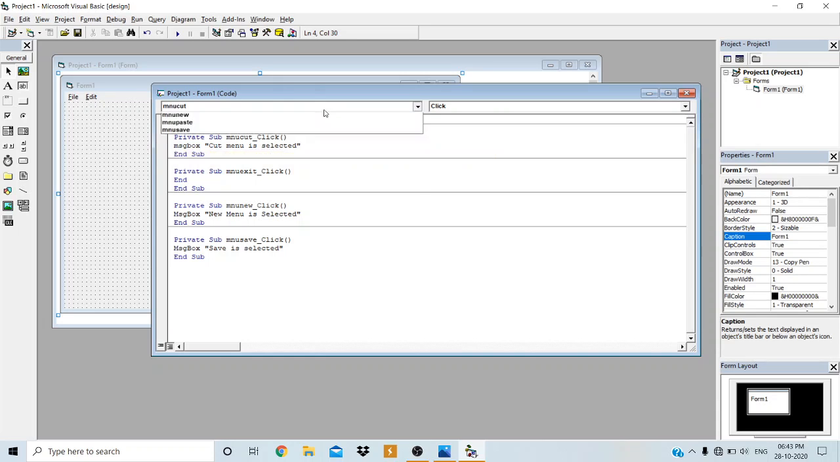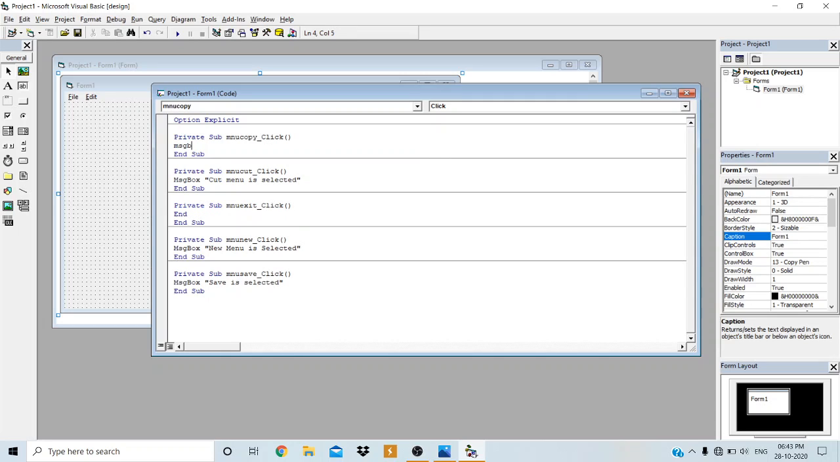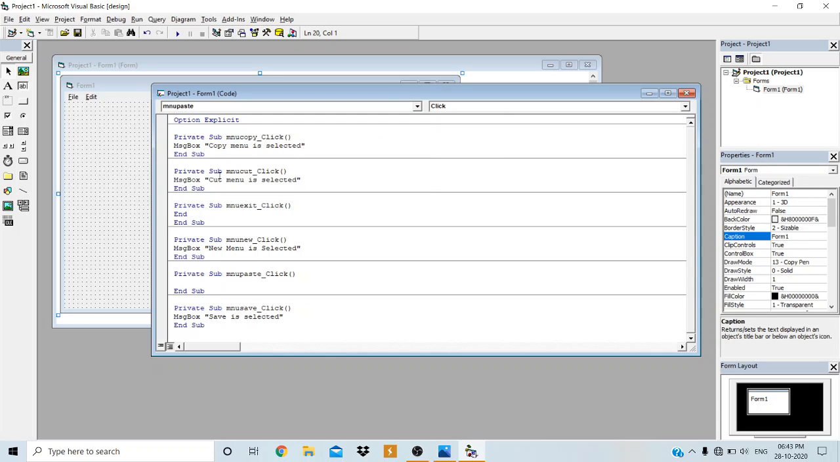Then for the copy menu, message box: copy menu is selected. Then paste menu, message box: paste menu is selected. Now